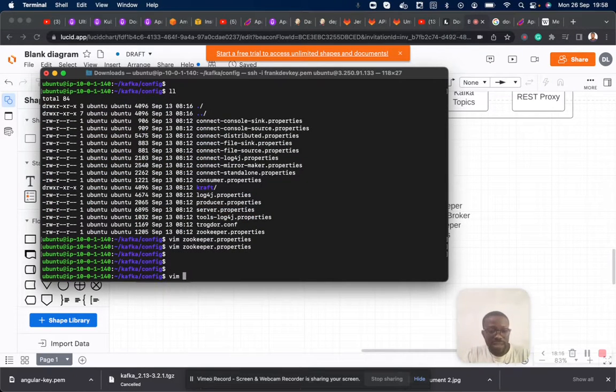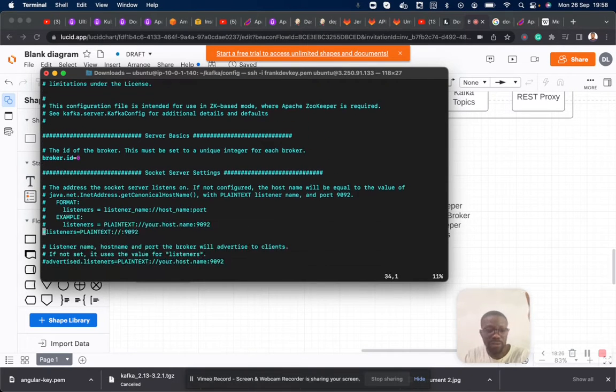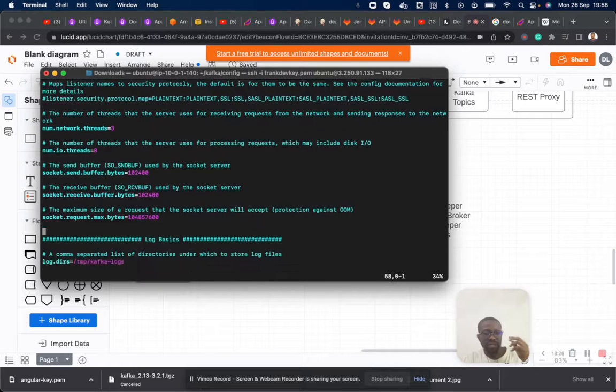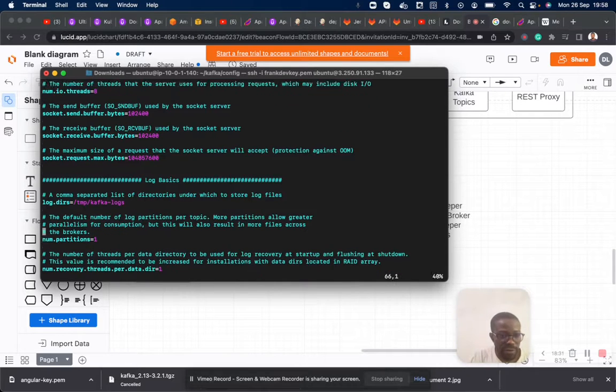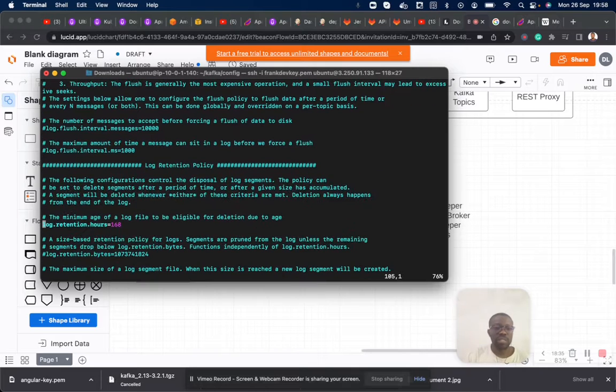We can also look at server.properties. This server.properties is specifically for the Kafka broker itself. In it you see a lot of settings and configurations, but I'm just going to keep it simple. Today's video is solely for Zookeeper.